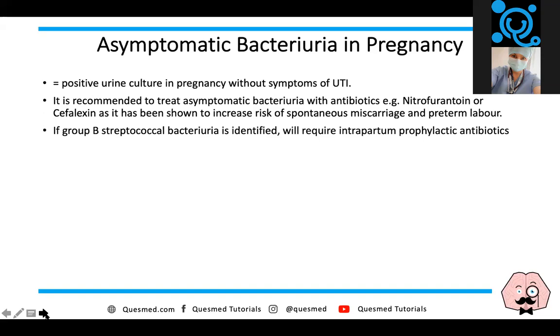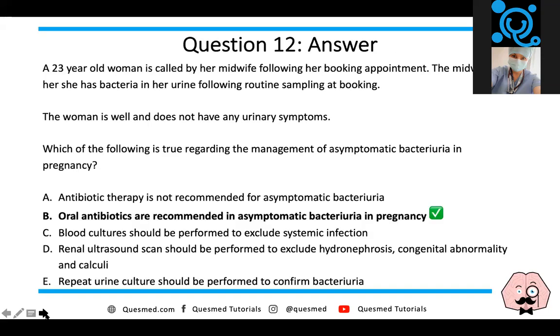So typically this will be cefalexin or nitrofurantoin, depending on sensitivities if you have them. This is because untreated UTI is associated with an increased risk of spontaneous miscarriage and preterm labour. So we always treat it. And if group B strep is identified, the woman will also require intrapartum antibiotics. So the correct answer here is B, oral